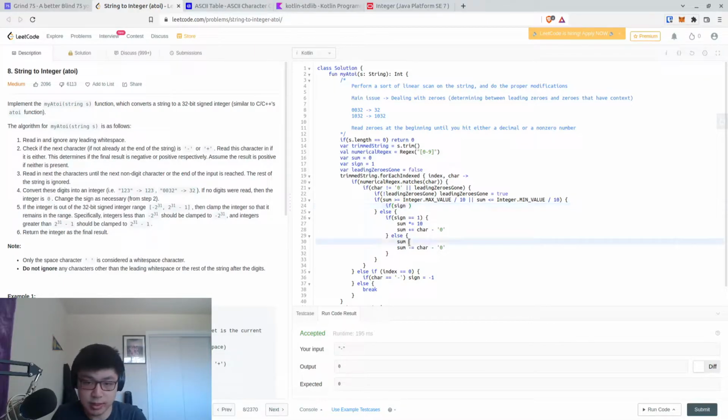If the sign is equal to -1, if we're equal to max val divided by 10, then when we multiply, then we would do